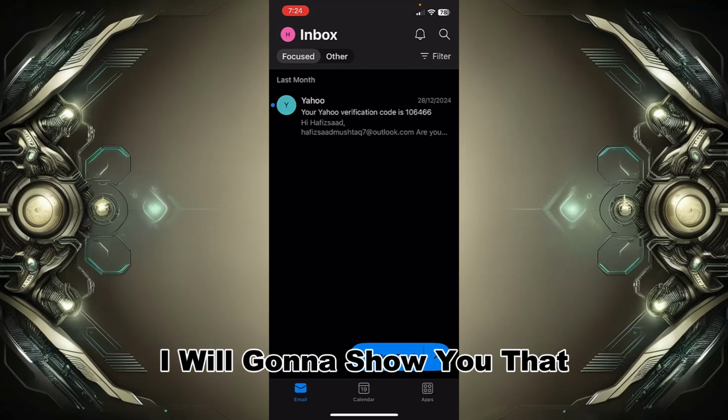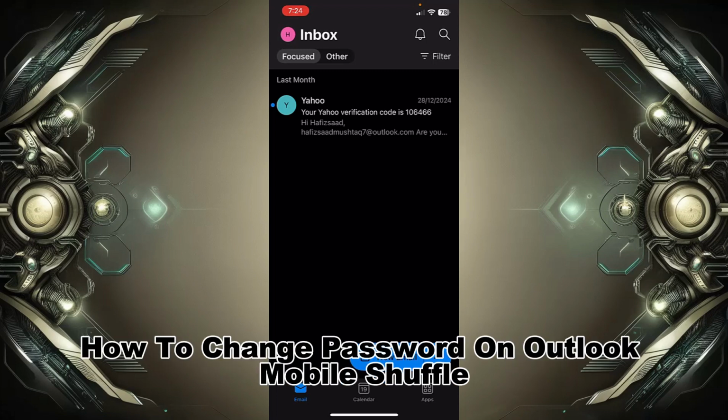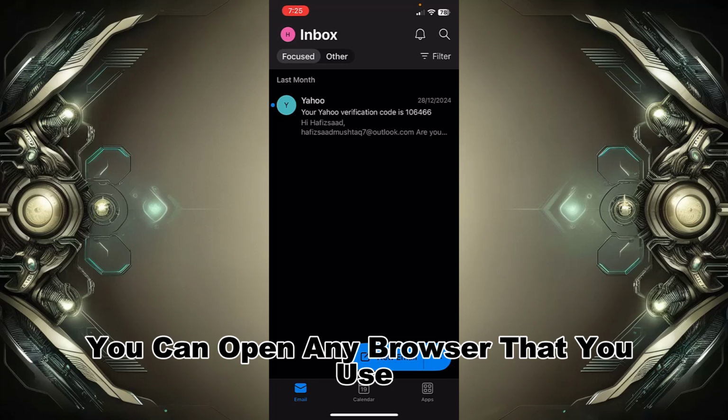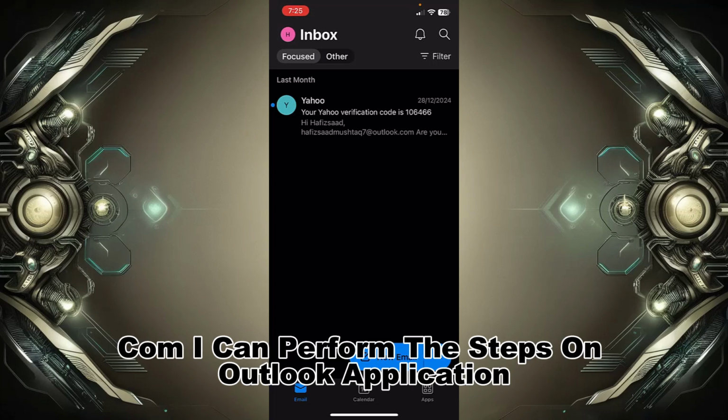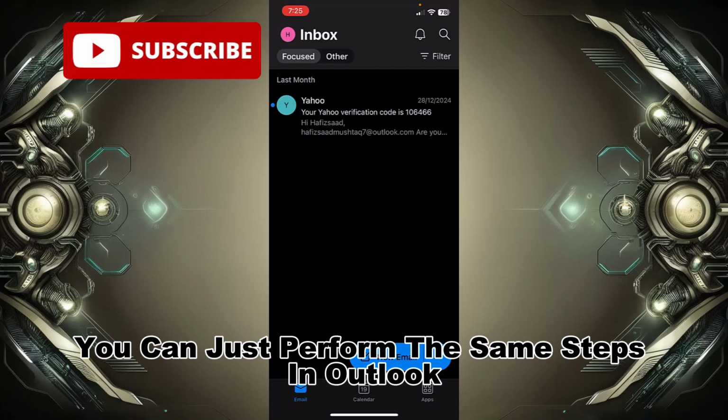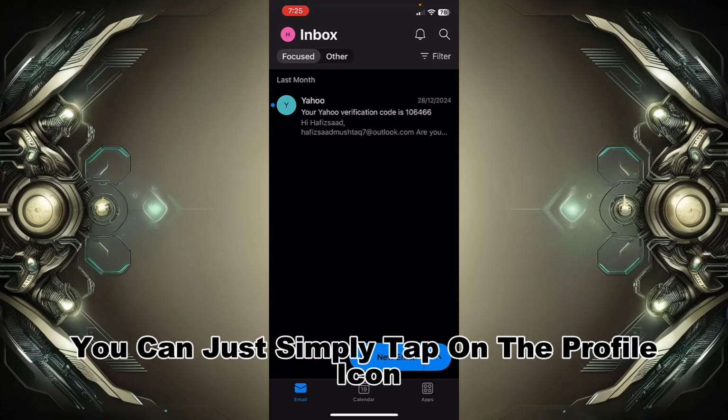In this video, I am going to show you how to change your password on Outlook mobile. First of all, you can open any browser that you use. After opening the browser, you can simply search outlook.live.com. I will perform the steps on the Outlook application. You can perform the same steps in the Outlook web browser, and after login you can simply tap on